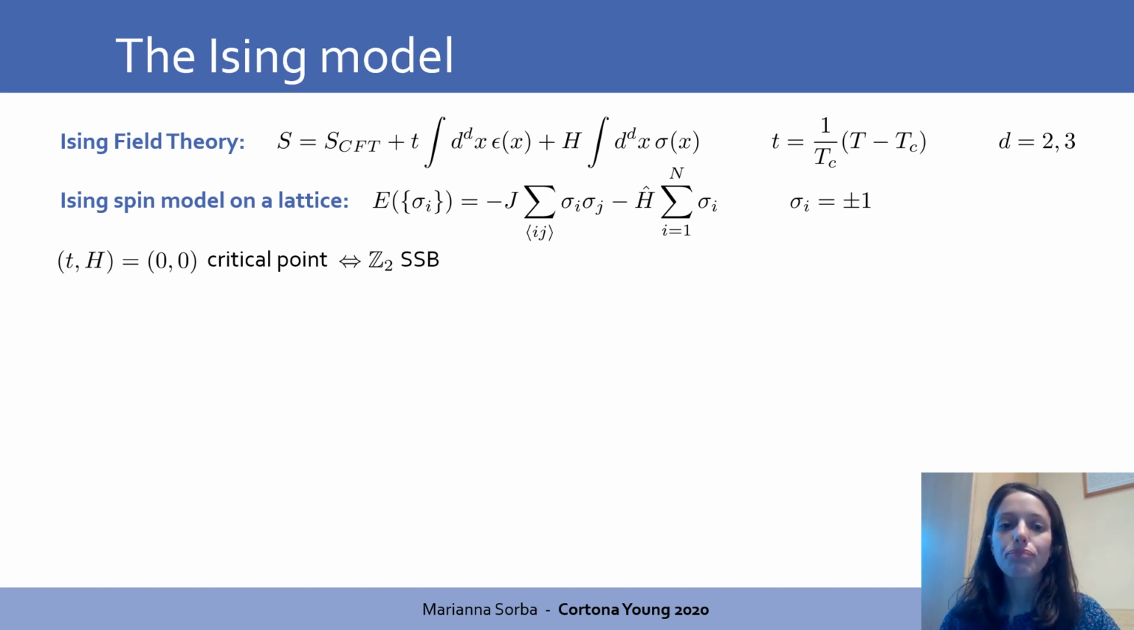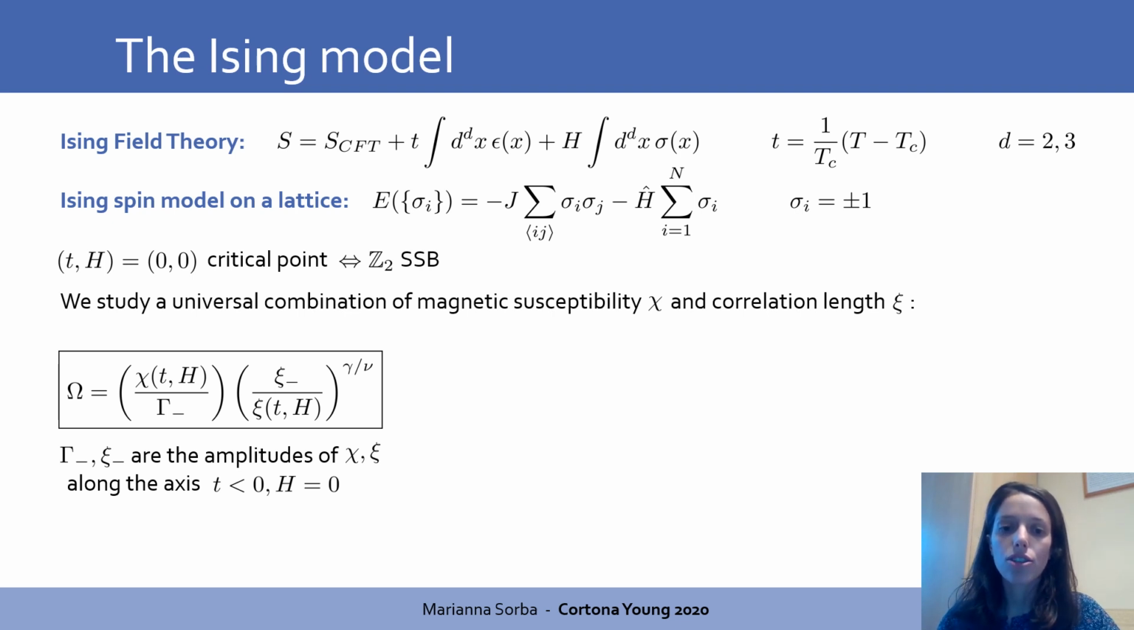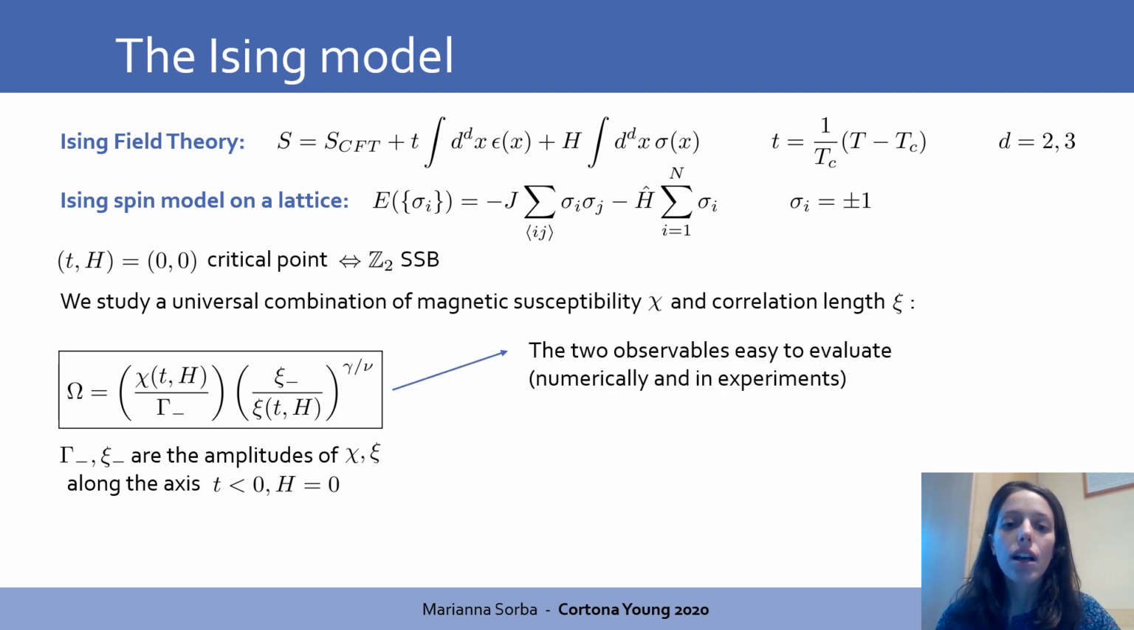In this setting, we want to study a universal combination of 2 thermodynamic quantities, the magnetic susceptibility and the correlation length. We define this combination omega, and it is defined by this expression. And it is particularly interesting because of 3 main aspects. First of all, because it involves observables that are rather easy to evaluate, both in numerical simulations and in experiments,